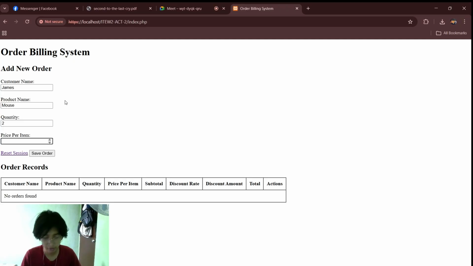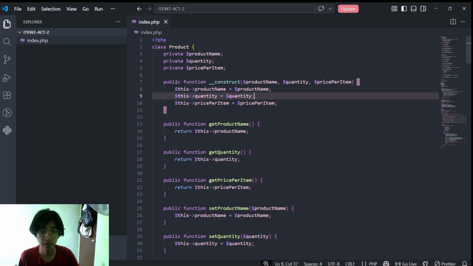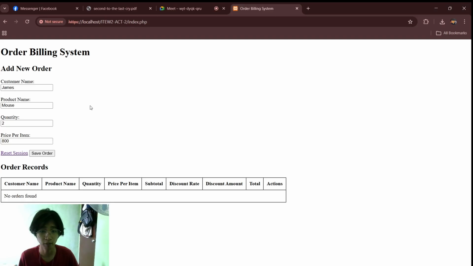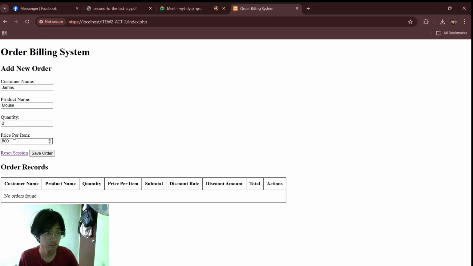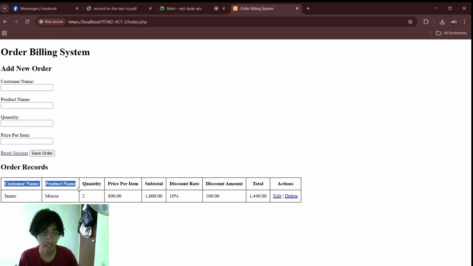Price per item, let's say 800. As you can see, we now have a first instance of the product. We have the product name filled, quantity filled, and price per item, which is also filled. Once we hit save order, it will reflect in the table.